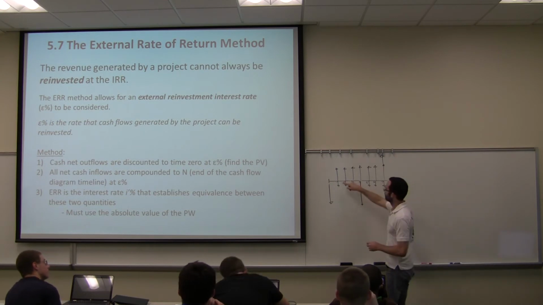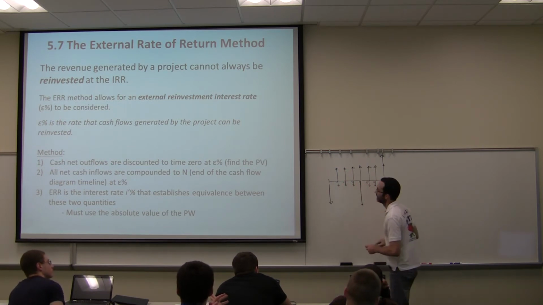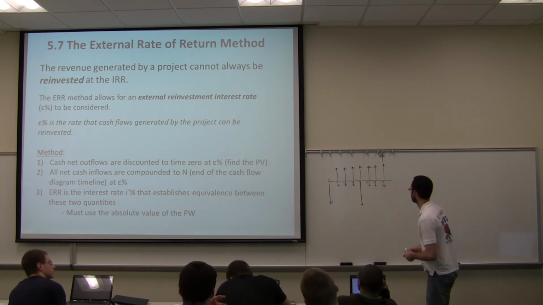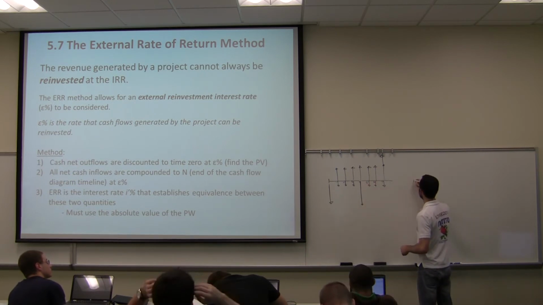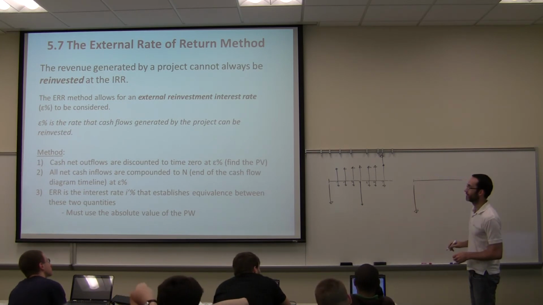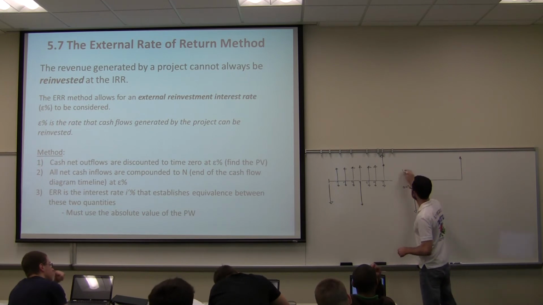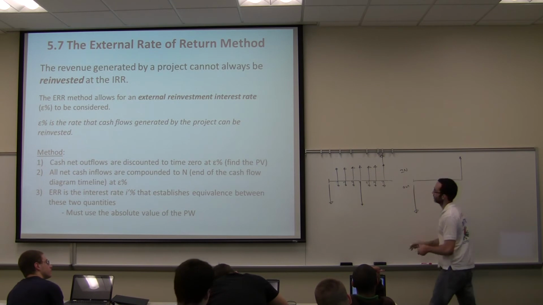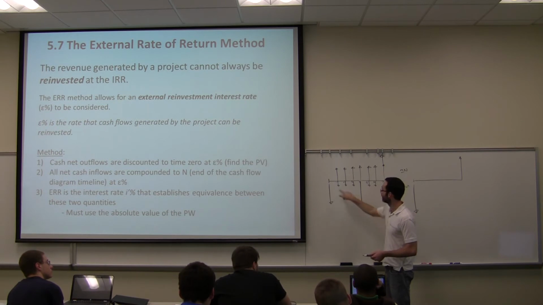And so, because these lines are bigger, that means that we're getting more money in. There's more income in years 1, 2, 3, 5, 6, and 7. And so the outflows are when you're losing money. So we take year 4 to 0, and what we'd end up with is our outflows at the present, all of your income compounded to n. So this is out, this is in, anytime we're above the line. So we take all of the positive cash flows to the future, all of the net negative cash flows to the present,